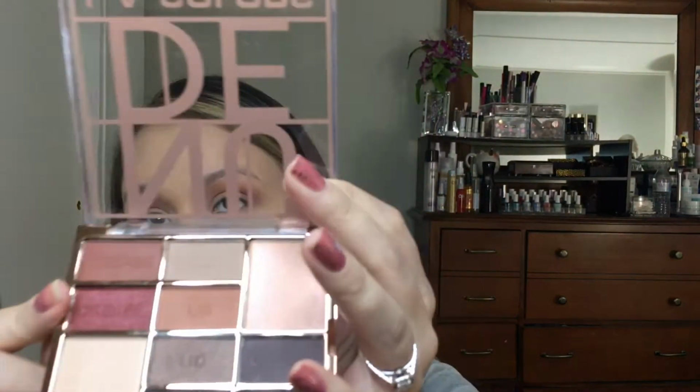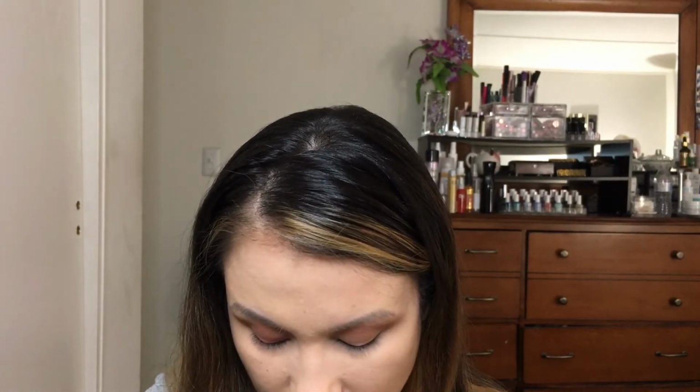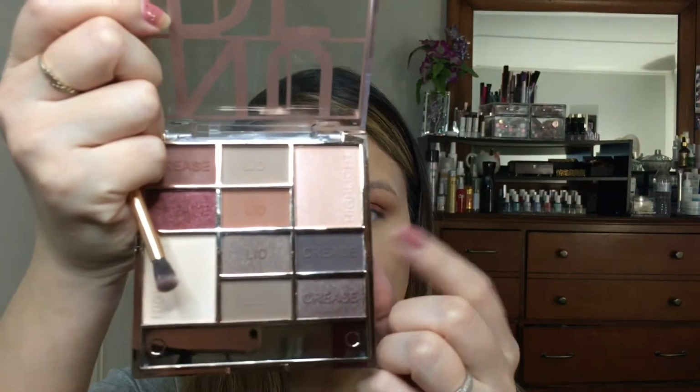So for my actual lid, I'm gonna go into the shade right here, which is a really nice shimmery shade. Ooh, so this shade does have some kickback. You can definitely see the difference. So I am for sure tapping off the brush, and I'm pretty sure, yep, I'm already having fallout on my eye. So I'm gonna go ahead and spray it. So I did go ahead and spray the eyeshadow, but I'm still getting a lot of fallout on my eye. I'm just gonna go ahead and take this shade right here, and I'm gonna put that in the outer corner crease area, if that makes any sense,